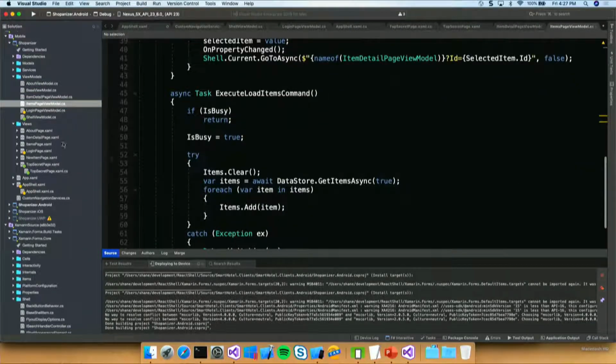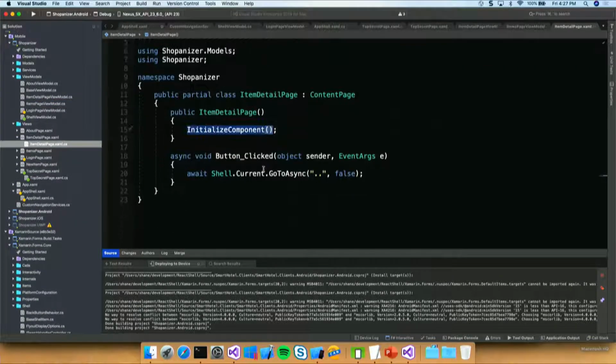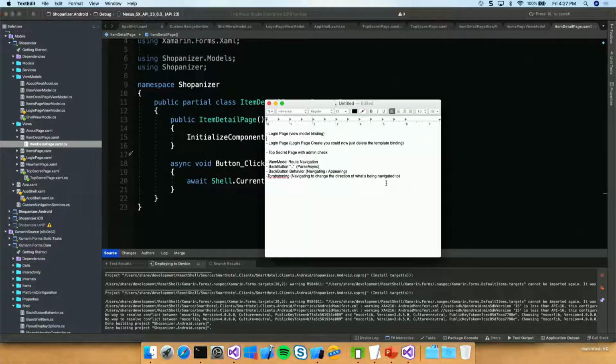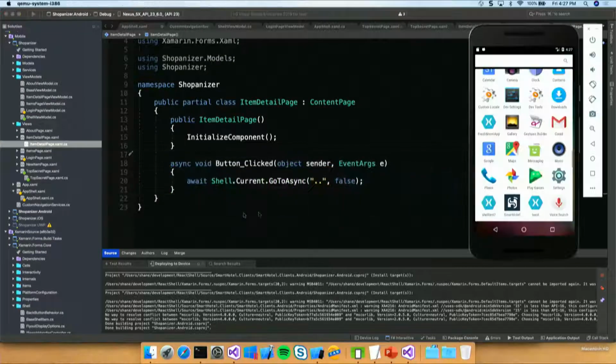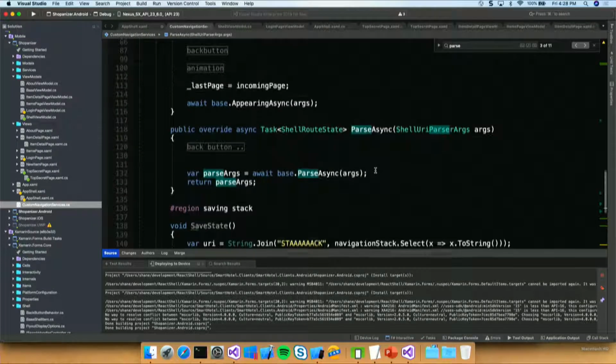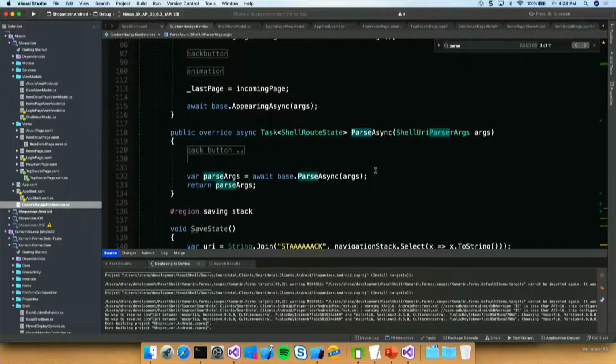Is the items page, this thing is such a mix of, there we go. All right, here you'll see I'm doing this, right? This is something that's not even built into shell. This is the area where things like Prism and MVVM cross. It'll be interesting to see where they innovate on these. So Prism can effectively take its URI scheme modeling and key into the parse async to parse that URI however they want